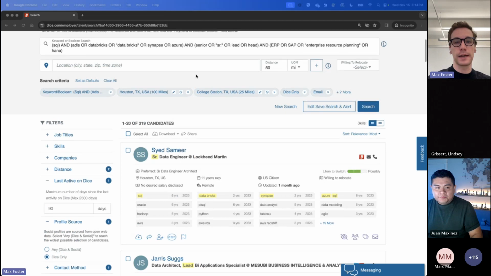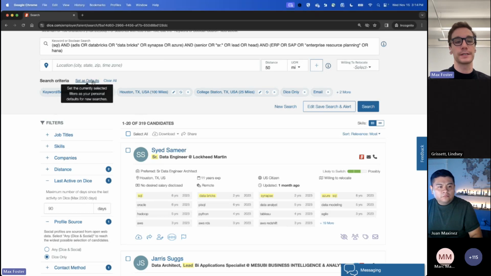And one other thing, John, and then I'm going to hand this back over to Juan, is we do have a set of features rolling out where you will be able to save a default feature. John, you can right now, but it is being revamped. So you should be able to set your favorite defaults going forward, allowing you to always only be looking at Dice profiles. You can, of course, change it later, but you should be able to set a default for your search.